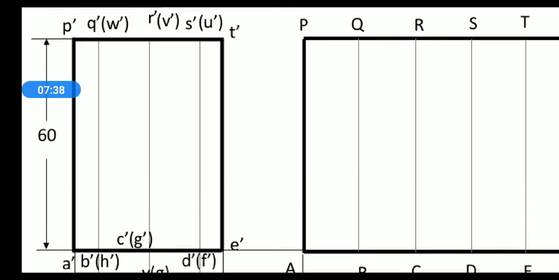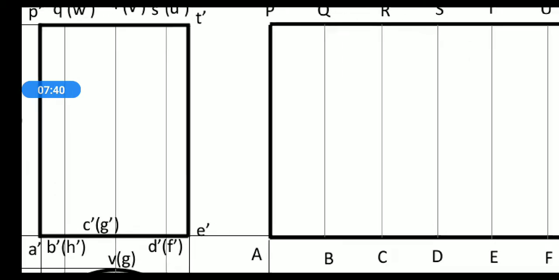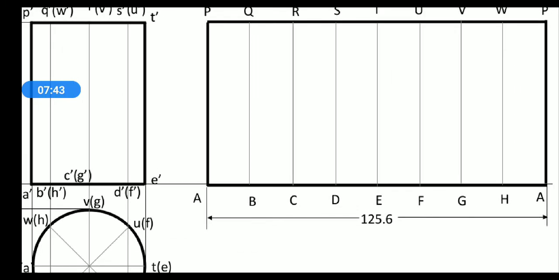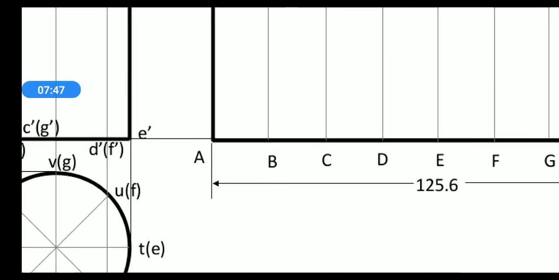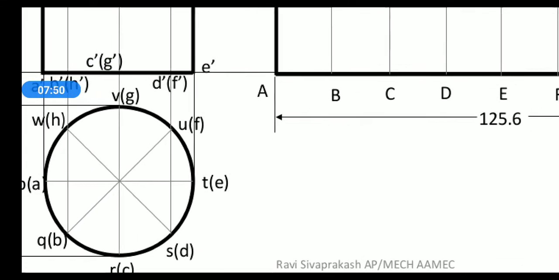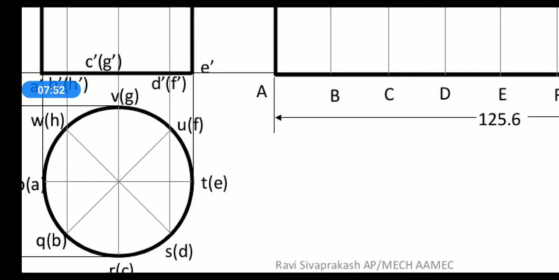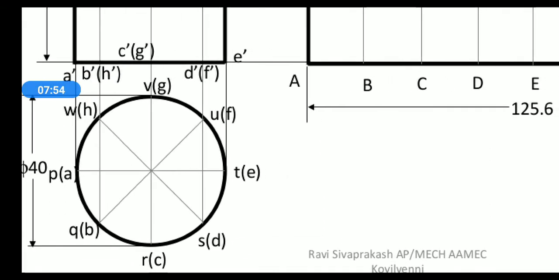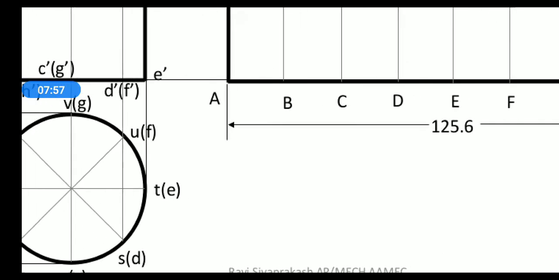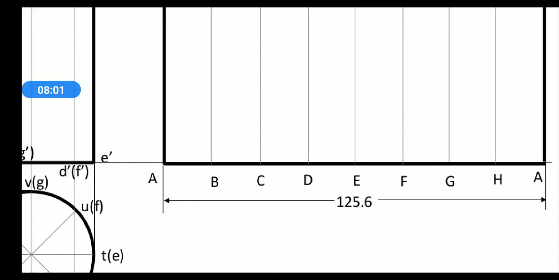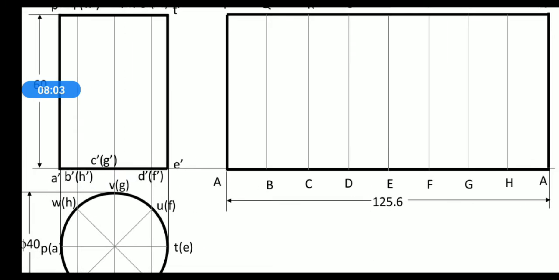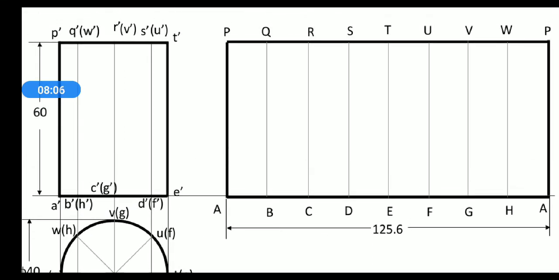Now project this cylinder towards the right side, and we have to take the length as how much? As the circumference of the circle is 2 pi r, we have to calculate 2 into pi into r, as the radius is 20 because the diameter is given as 40. Now by calculating we get the 2 pi r value as 125.6 mm. Now we have to project the 125.6 as the circumference of the circle.